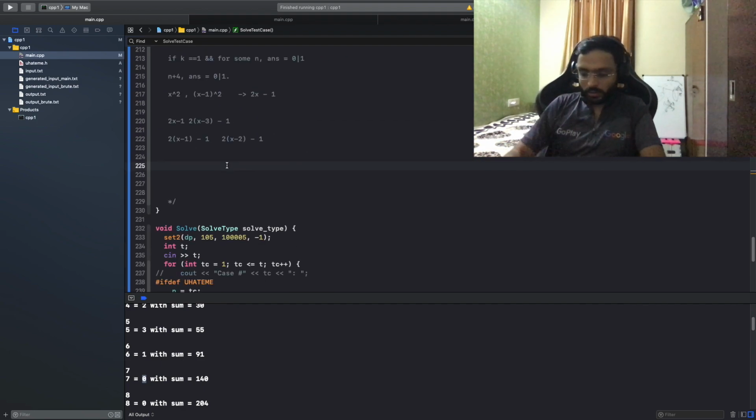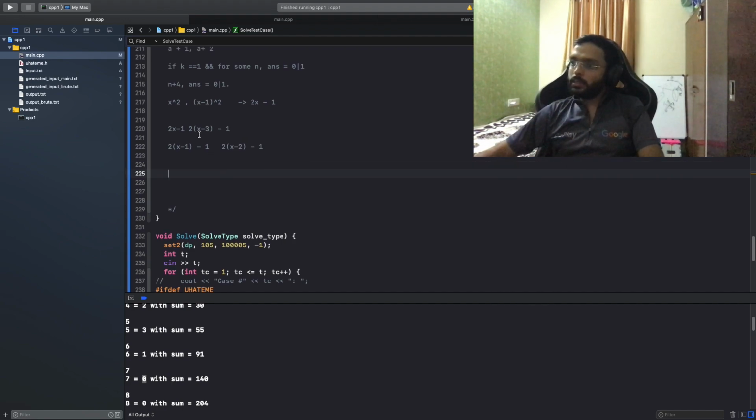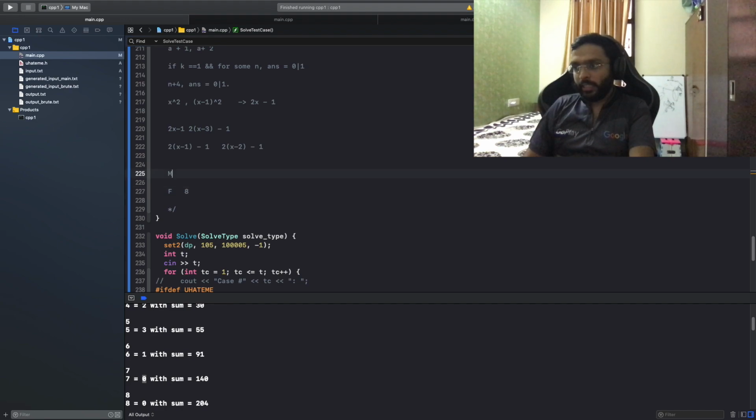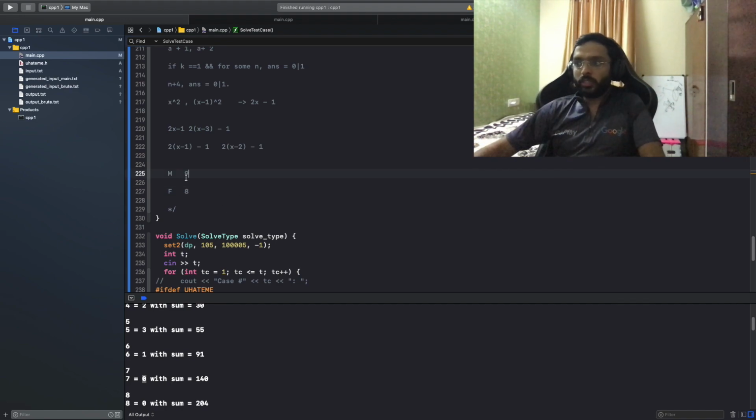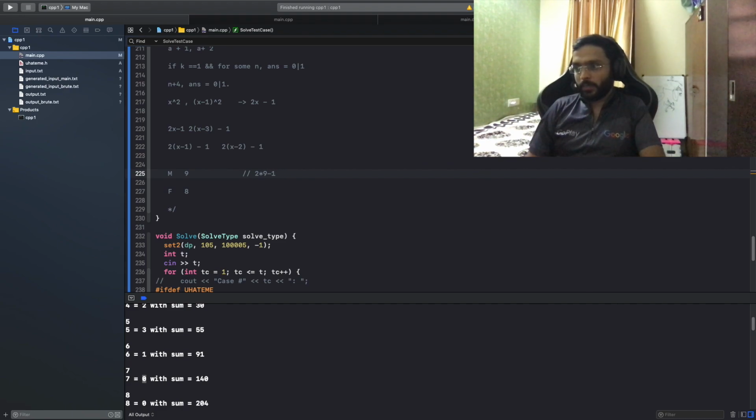Then what I will do is, I have to give myself the smaller, the last one, right? So for my friend and for me, regarding this particular term, I will give my friend 8 and 9. So this will give me a lead of 2 into 9. So basically, due to this, I am ahead by 2 into 9 minus 1 candies, which is like 17. 9, 18, 17 candies, right?